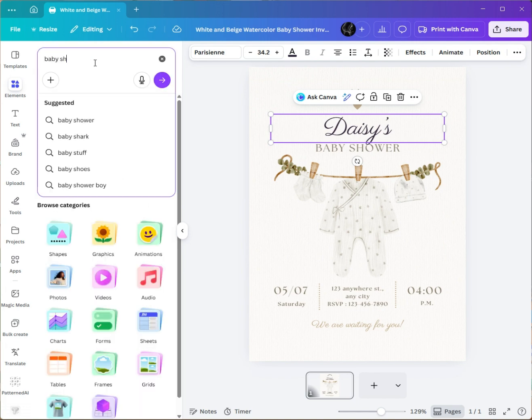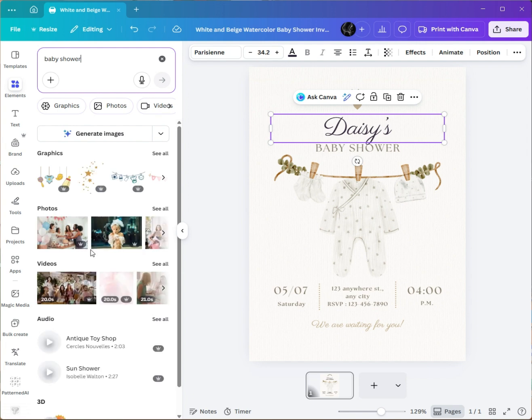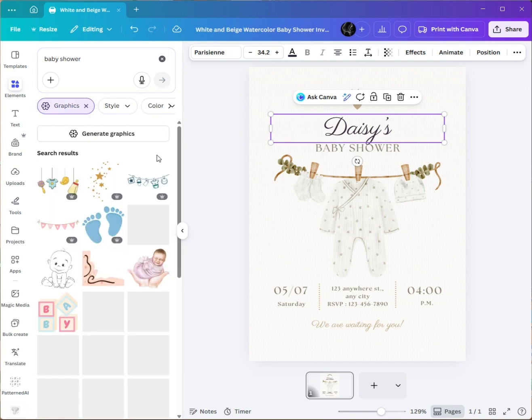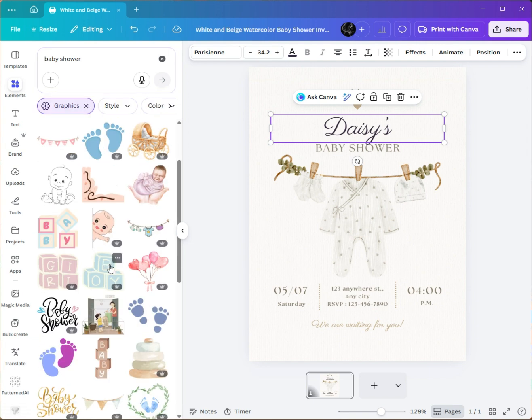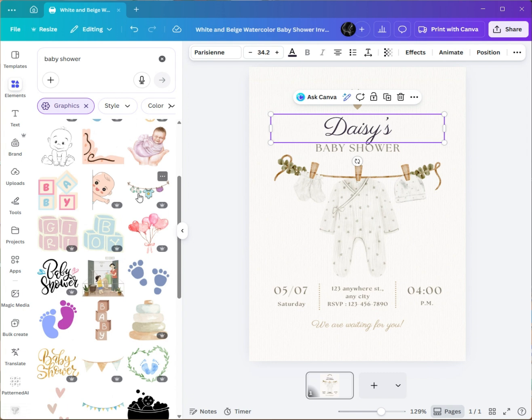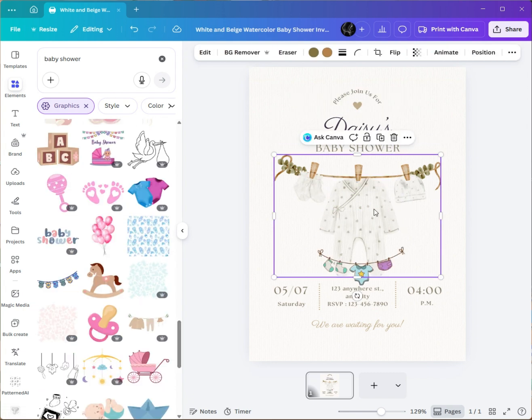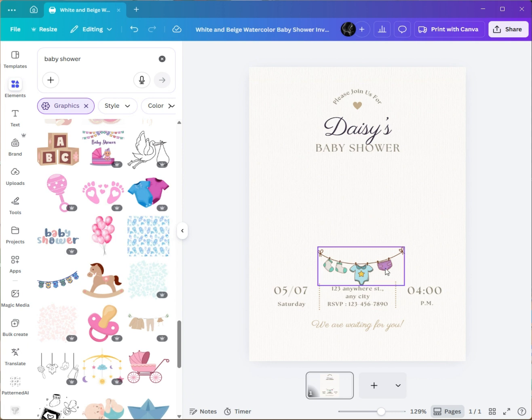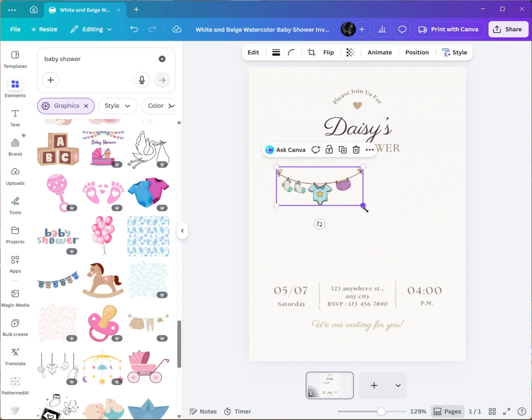Next, I want to swap out the main illustration. I'll go to the Elements tab on the sidebar and search for Baby Shower Graphics. I'll scroll through the options and select this colorful banner graphic. I'll delete the original watercolor clothesline and position the new banner in the center, dragging the corners to resize it